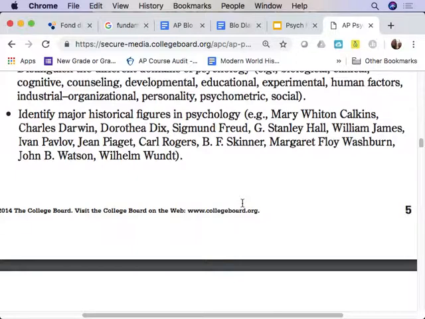Another person here, I usually pair these two together. So Wilhelm Wundt, he is considered the father of psychology. Why? It's because he set up what's considered to be the first psychological laboratory. And he used something called introspection. So introspection, what that is,